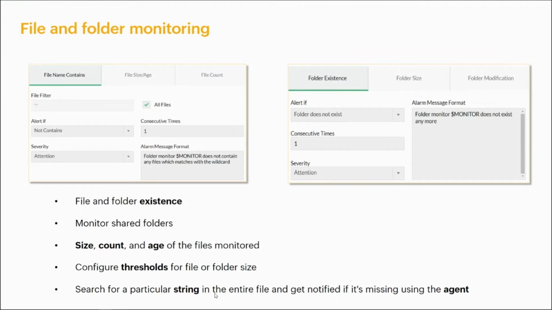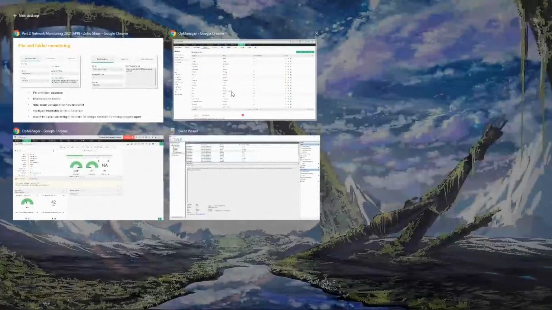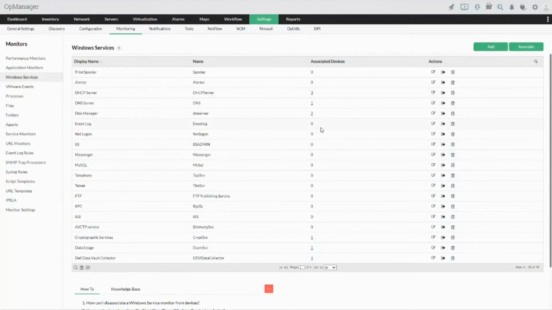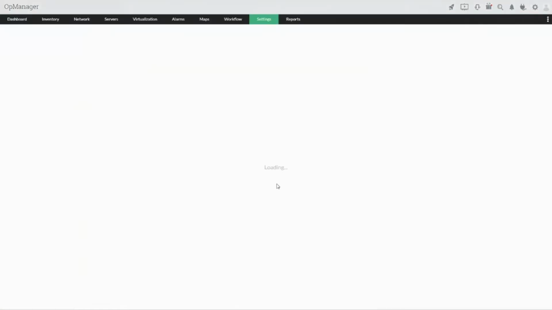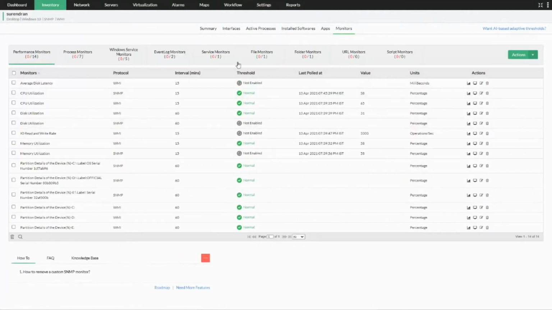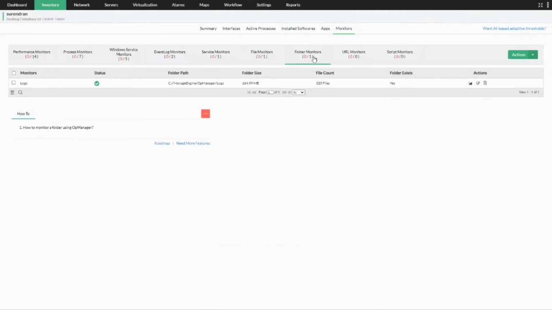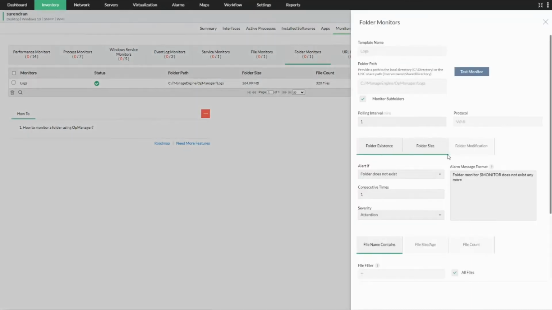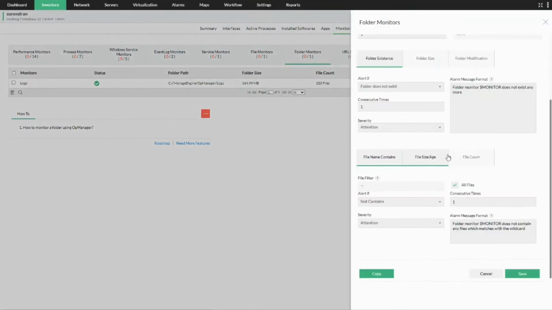So now let me take you to OpManager itself and show you how these folder and file monitors work and what are the metrics and the parameters which can be monitored and notified. For example, I've already created a folder monitor in which I am monitoring one of the log files of my application. When it comes to the folder-based criteria, I can monitor the folder existence, whether the folder is there or not.